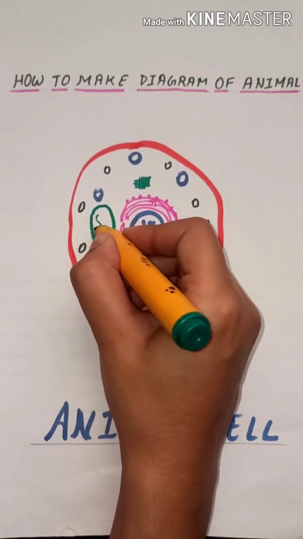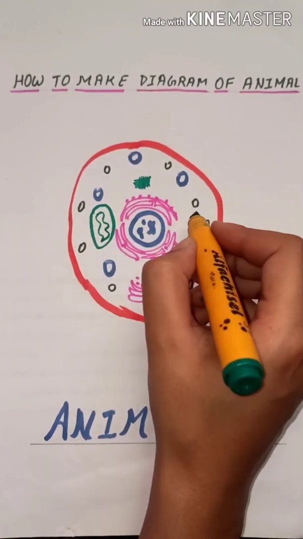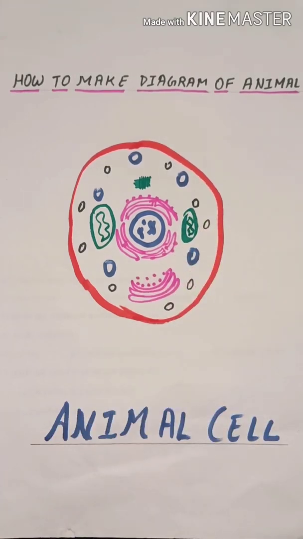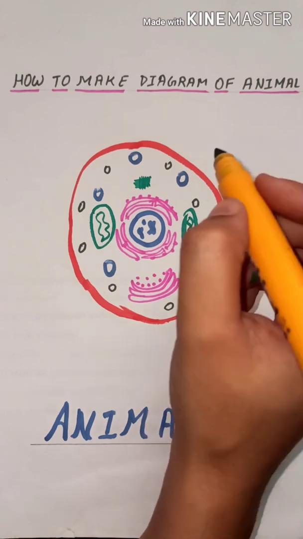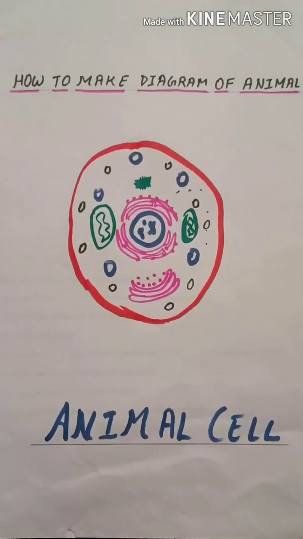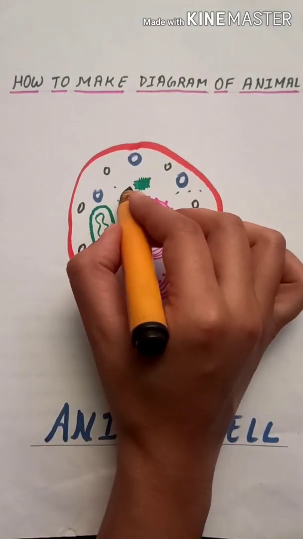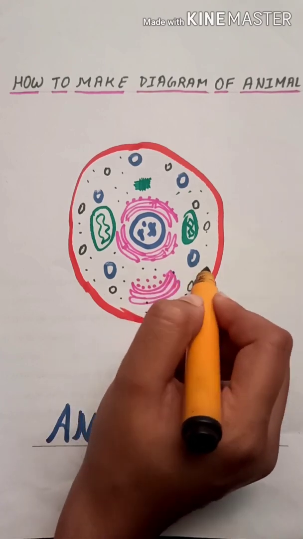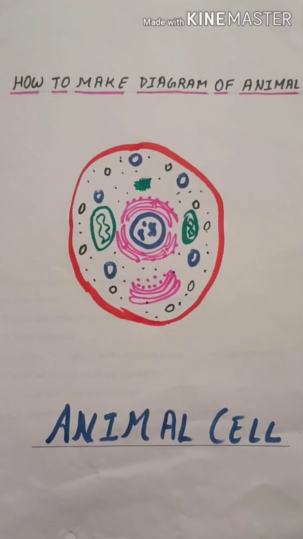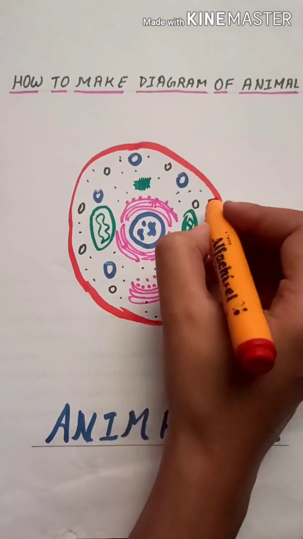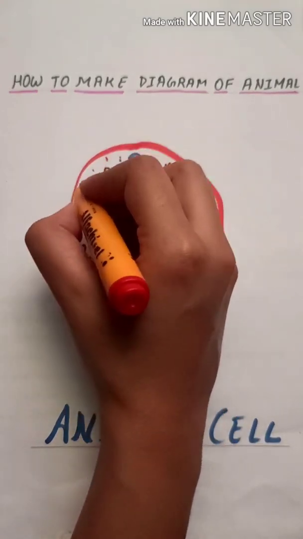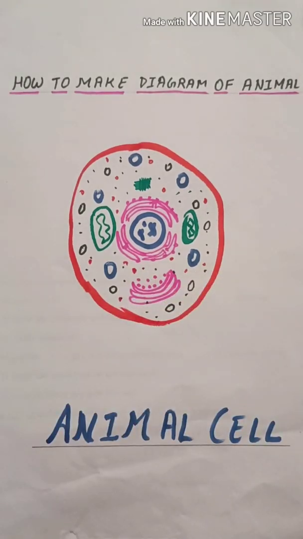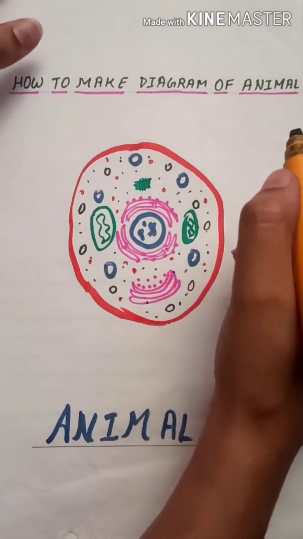Now one most important organelle, that is mitochondria, has a zigzag-like matrix present inside it. Now this dot-like structure shows the presence of cytoplasm in the cell. Cyto means cell, plasma means liquid. It is present as a jelly-like fluid. Now these red color ball-like structures are known as ribosomes. These are non-membranous structures or organelles.